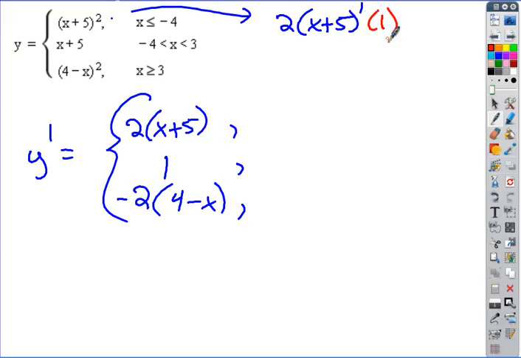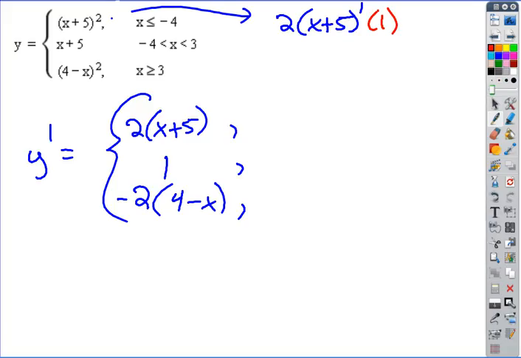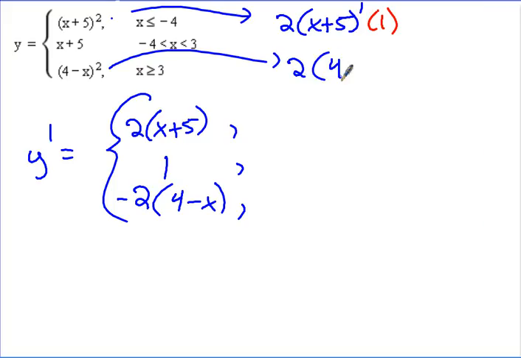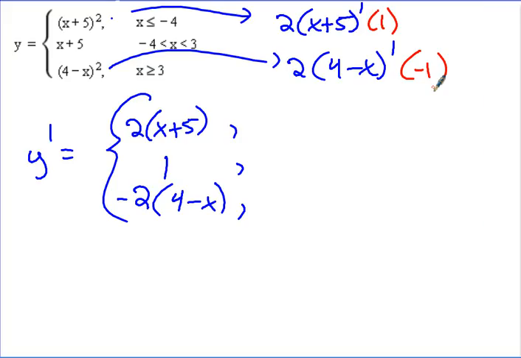The chain rule says... See, there's the chain rule for the top one. Right? Now for the bottom one, see what I'm doing? For the bottom one here, it's 2 times 4 minus x to the 1 times minus 1. See, so we just combined it into one answer. Okay? All right, so now we can